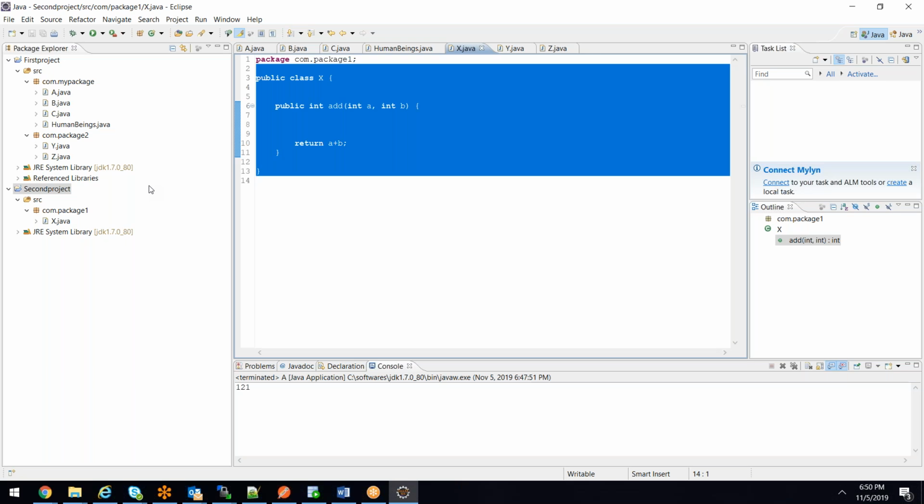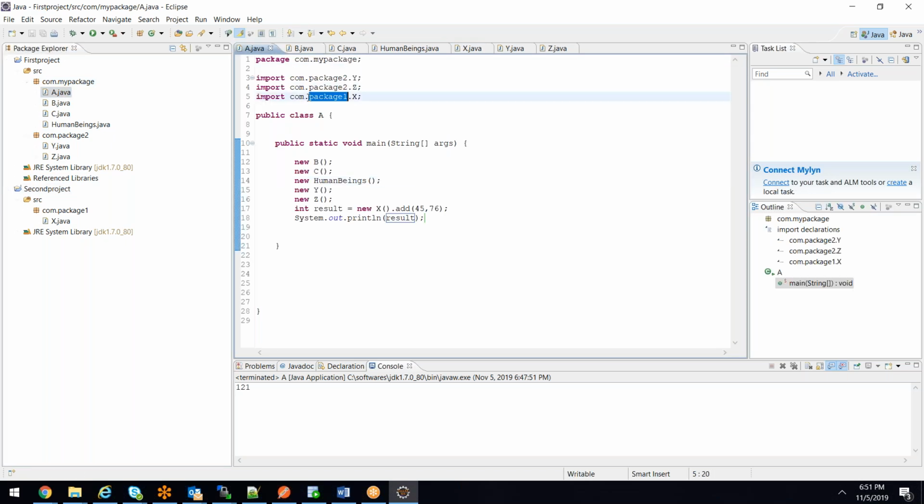Now I will open my class and import com.package1.X, because this package is now known to my project. My project knows what is com.package1 because that is already on the build path of the project.